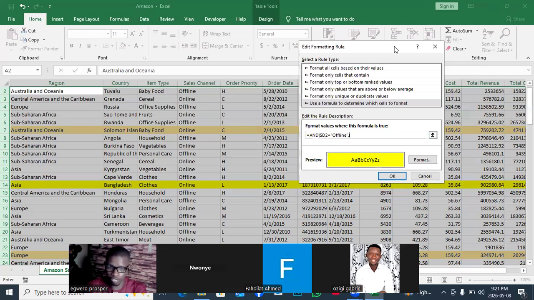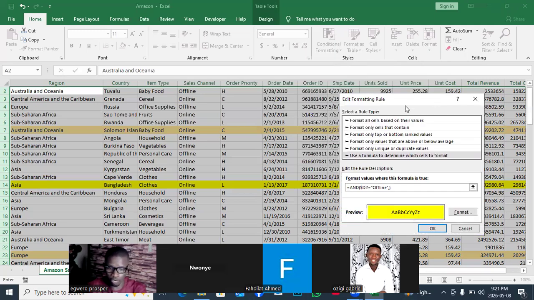The second range is order of priority, so I'll pick the second range. Then also remove the dollar sign from the row, and then equals to, here equals to H,